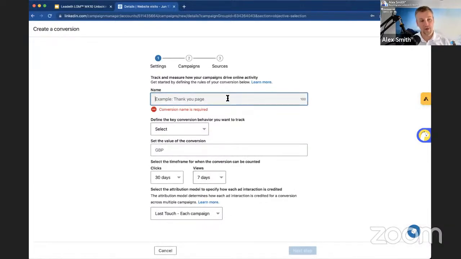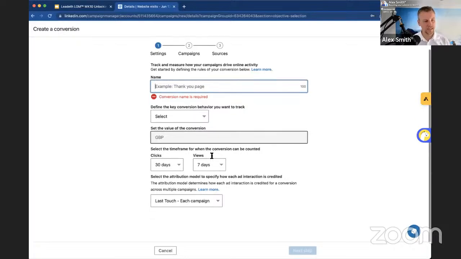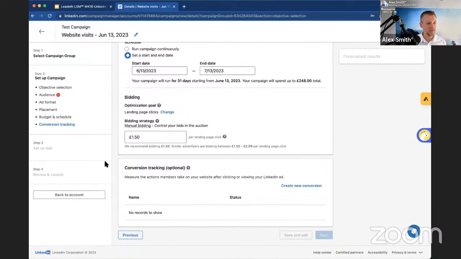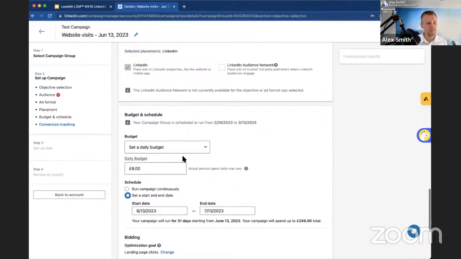So it could be you've got a thank you page, and that thank you page is then the trigger. That basically says, hey up, they've obviously clicked on the page, and then they've converted, they've received the thank you page. So that's how it knows whether a click has actually gone all the way or not. So that's kind of the basics in terms of setting up those campaigns.